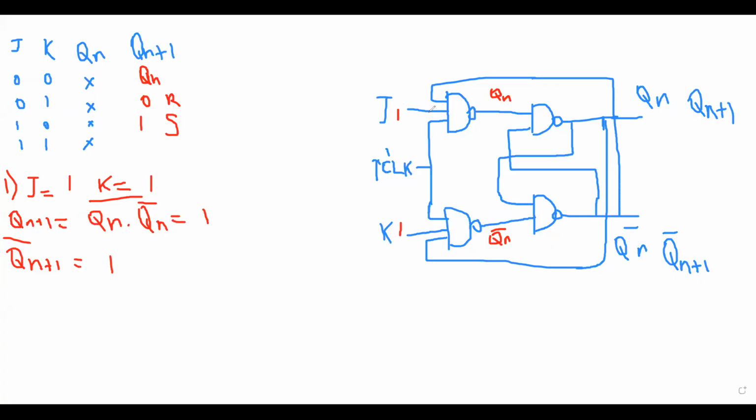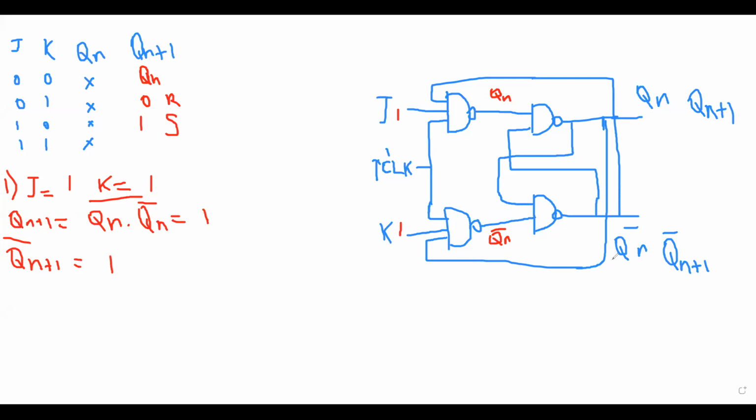You can check here 1 into this Qn bar, you will get Qn here, and here 1 into this Qn, you will get Qn bar here. Now I am just deriving the output of this, and after that I'm processing that input to the next state. Now I need to check these two gates. So first I'll check this gate,